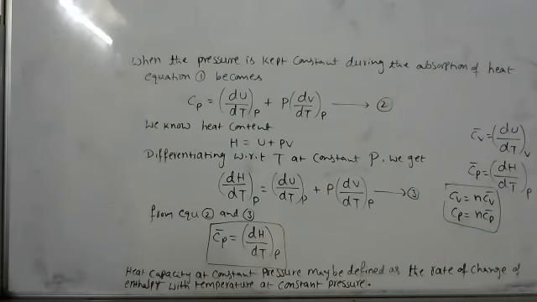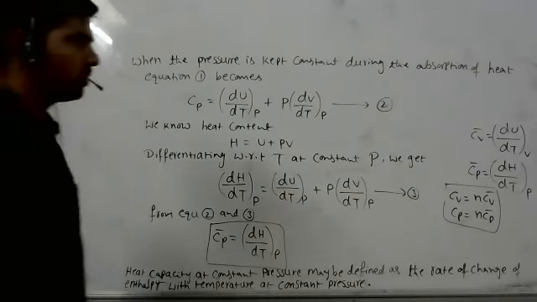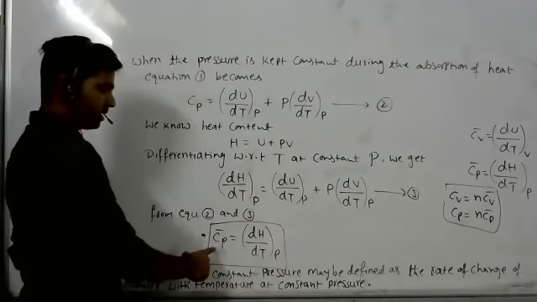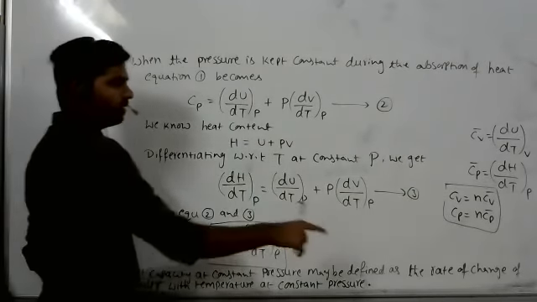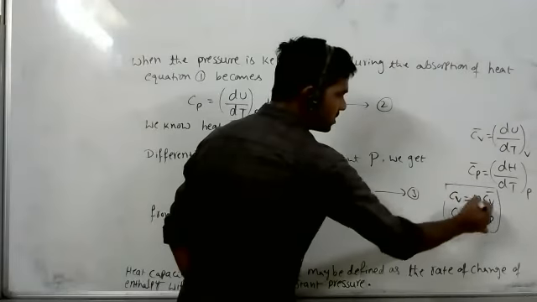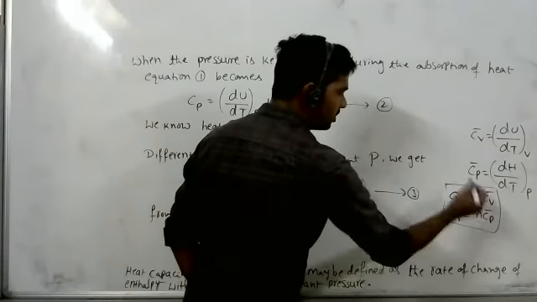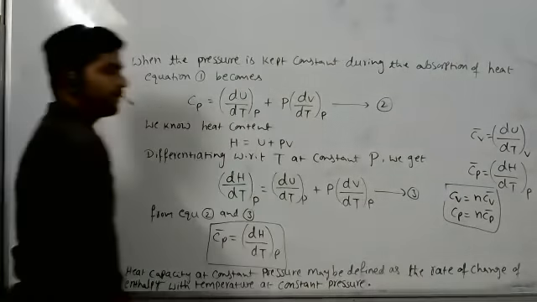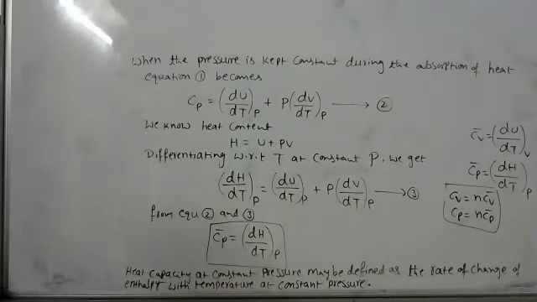Okay, next, a very, very important relationship. For n moles, it's nCv and nCp. See, we derived this Cp bar, Cv bar. If you want it for n moles, we write Cv is equal to n Cv bar, Cp is equal to n Cp bar. That is for n number of moles.